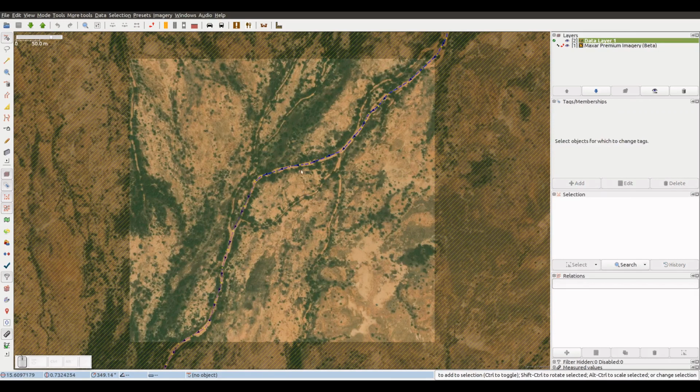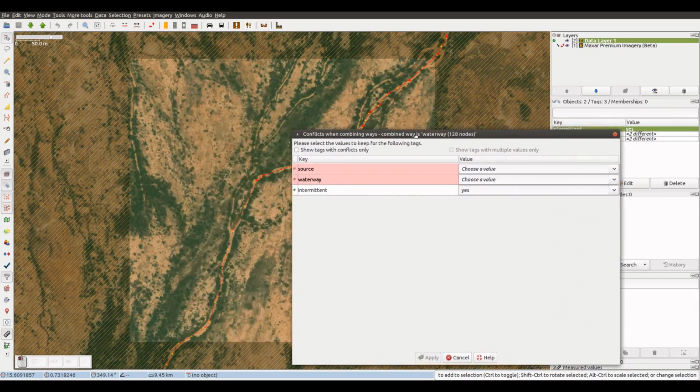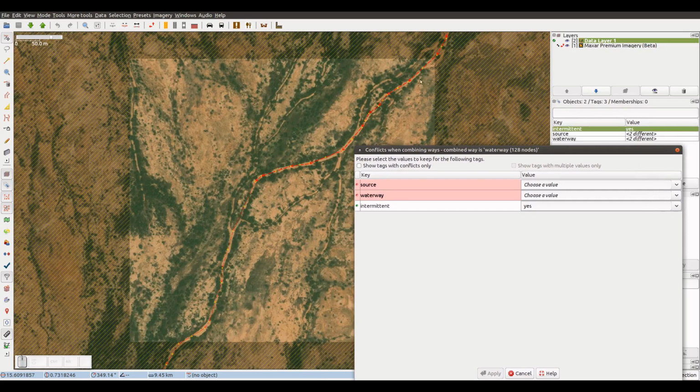If we select the ways and we try to combine them, JOSM will open a tags conflict window, asking us which value we want to keep for each key. If we have a look at the waterway, we can see that it is a wide waterway, so it has to be tagged as a river, according to the OSM wiki.